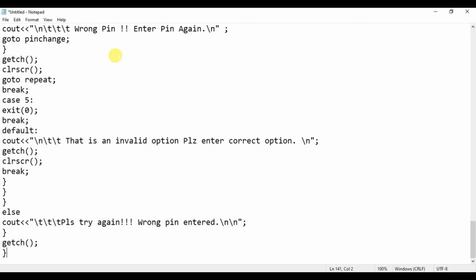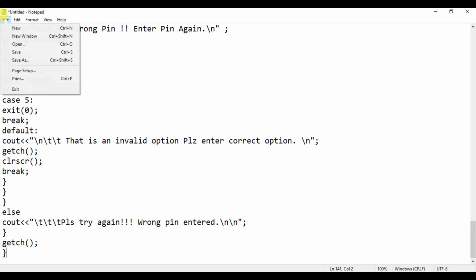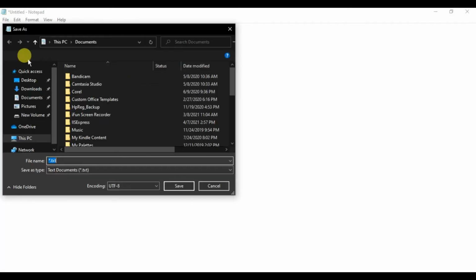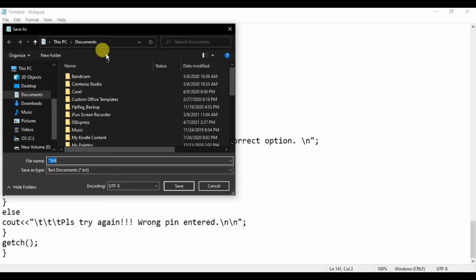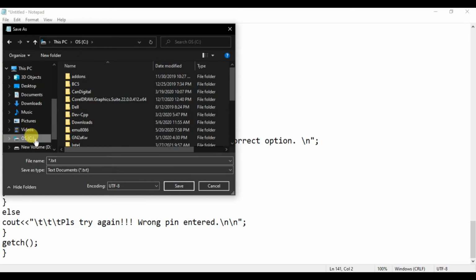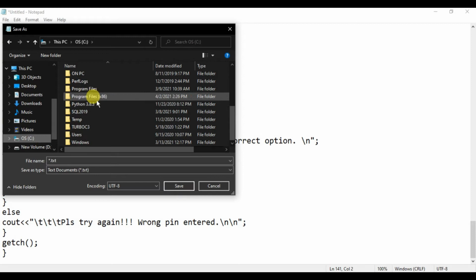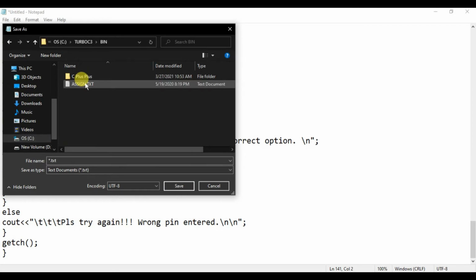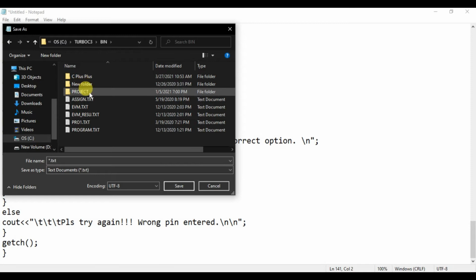Now let's save this file using .cpp extension in Turbo directory. For that I will go to File, from there Save As, and in Save As I will select my turbo directory. For that I will go to operating system C, OS C, turbo C3, bin, and over there where I want to save the file.